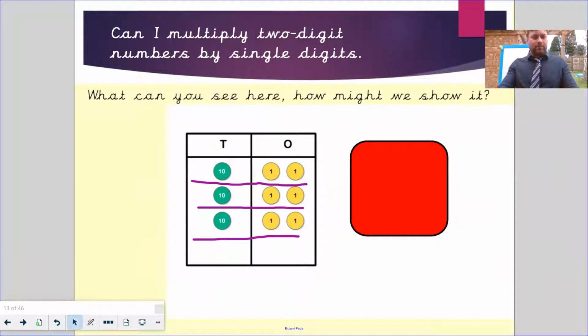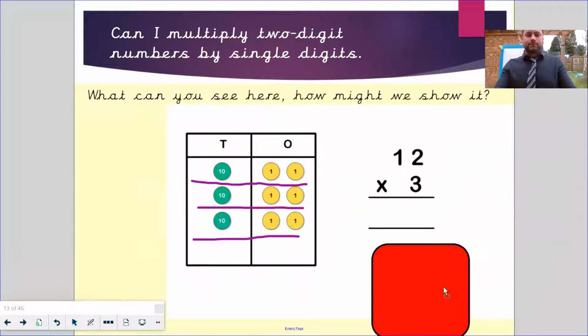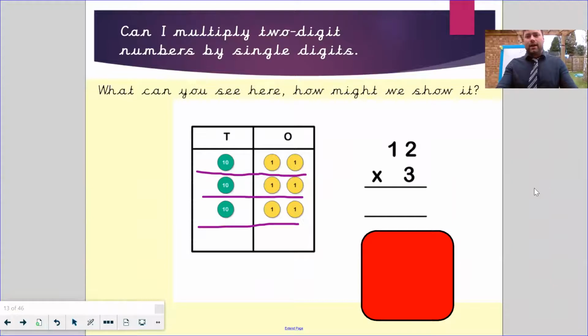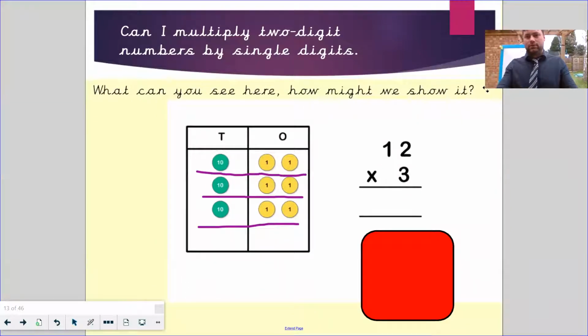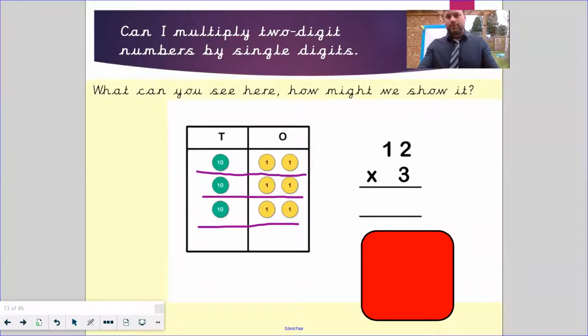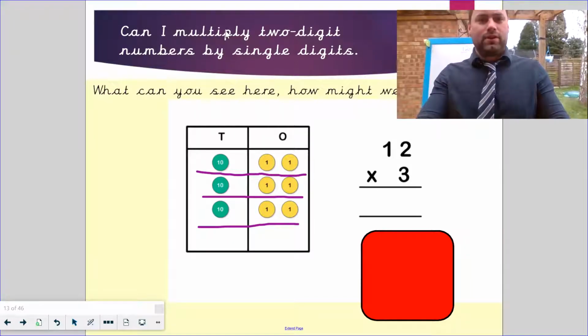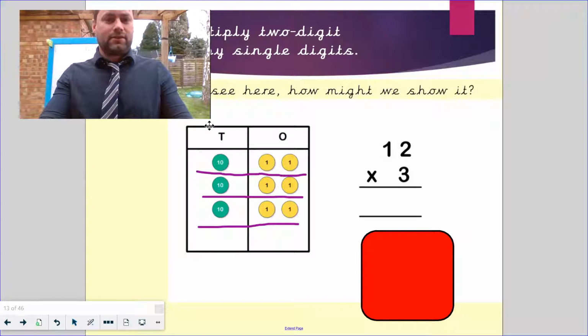So we can see now that we've got our groups, and we've got a group of 12, okay? So we've got 1 ten and 2 ones, and that makes 12. And we've got 3 groups of 12. But we can also write that like this. Okay, and I'm just going to make my screen a bit bigger so you can see me. So if we were to then answer this question out,